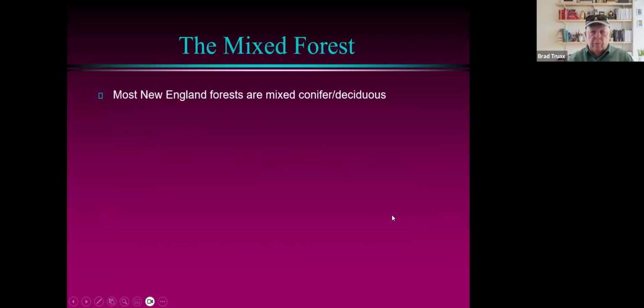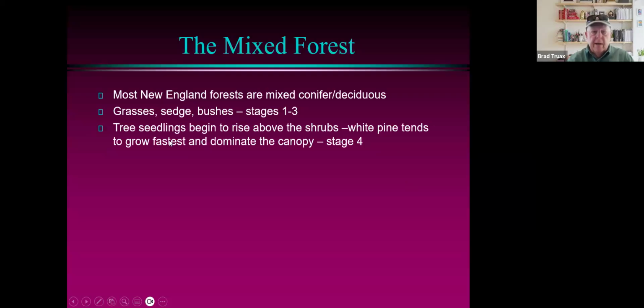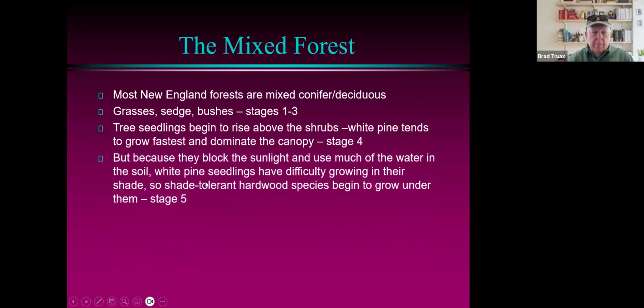Most New England forests are what we call mixed conifer deciduous forests. And again, in the forest succession, they get grasses, sedge, and bushes in stage 1 through 3. Then tree seedlings rise above those shrubs. The white pine tends to be the fastest growing and dominates the canopy in stage 4. But because they block sunlight and use much of the water in the soil, white pine seedlings then have difficulty